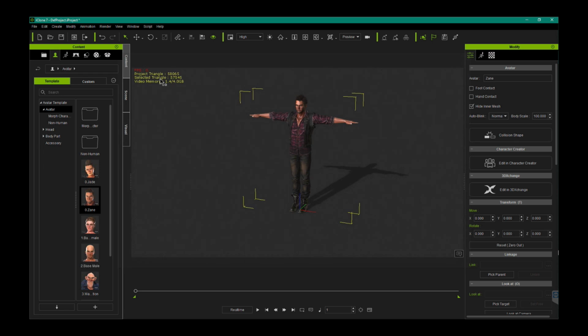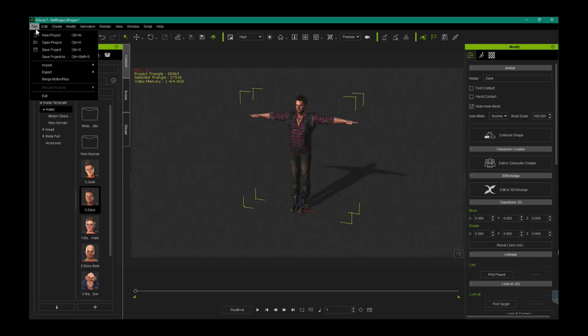Okay, so here we have an iClone 7 character, and he's loaded, and he's in a T-pose position. Now, in some of the videos I've seen, I swear they had a different layout over here on the side, and under the File menu, I thought Import had an Import FBX, but I could be wrong. I know there's an Export FBX, and either way, apparently I need to have this 3D Exchange thing